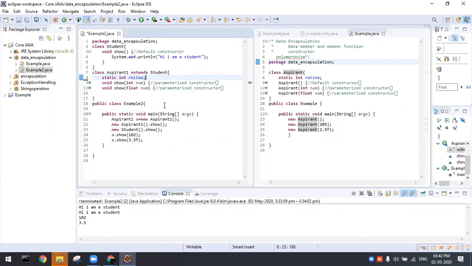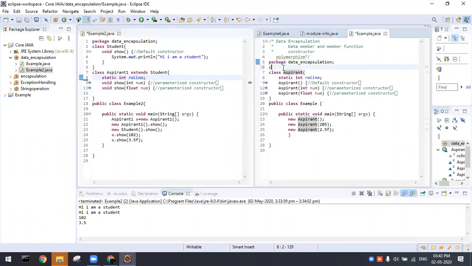So overriding is the same method name. If it is available in the instance, you can make use of it directly. If it is not available, you can make use of the parent class and call it with the help of this. Okay, now let me go ahead with constructor overriding.